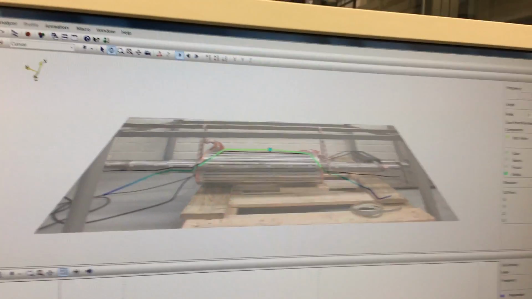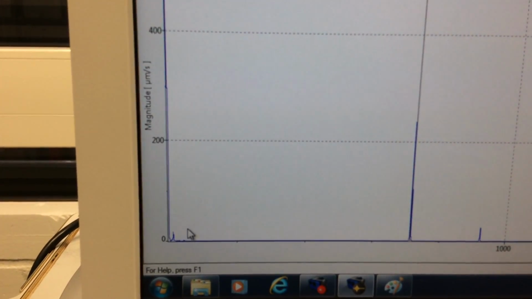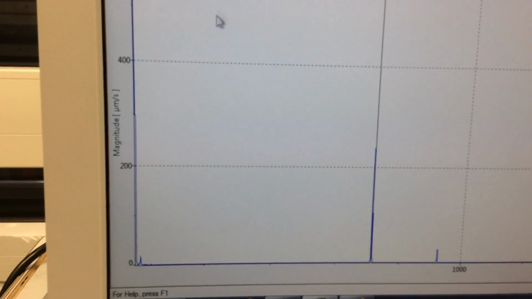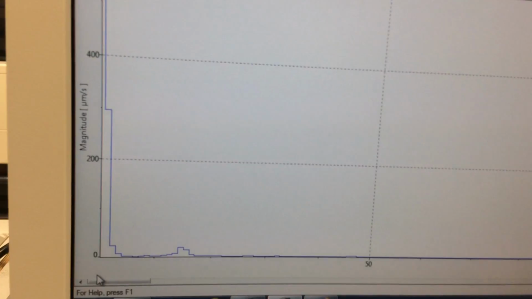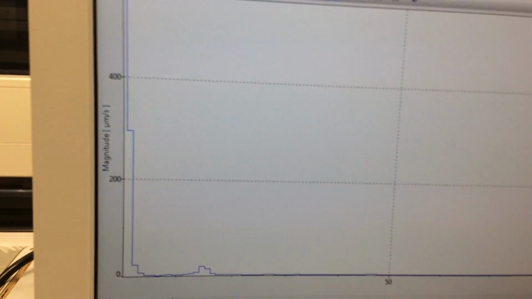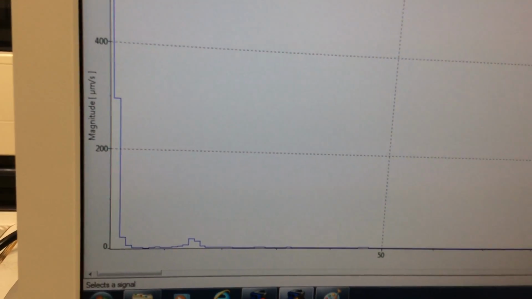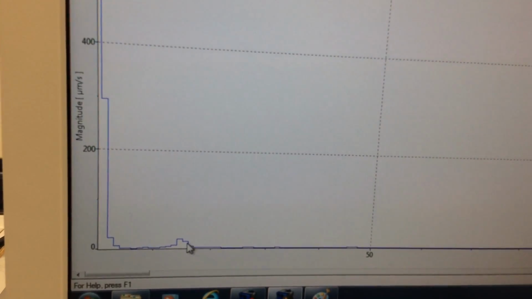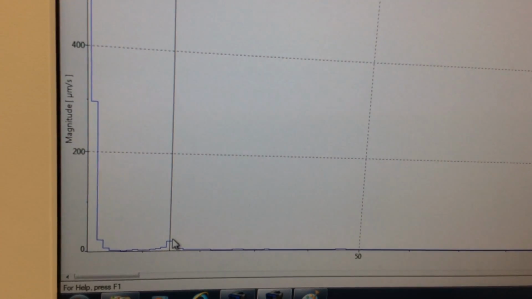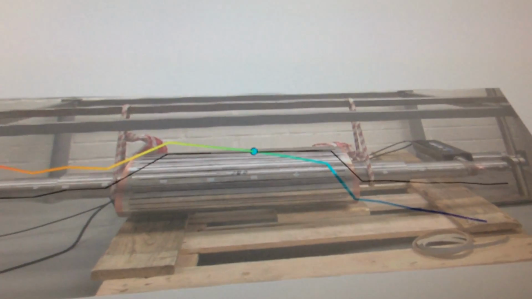Okay, but if you go to the initial points, at a lower frequency we also have some vibration. So if I zoom in to that area, you can see that we have some peaks here also. But what does it mean? If I just go to those points and see the video,